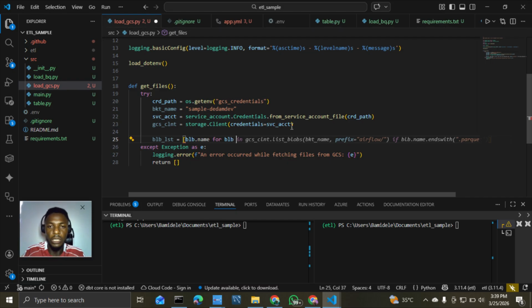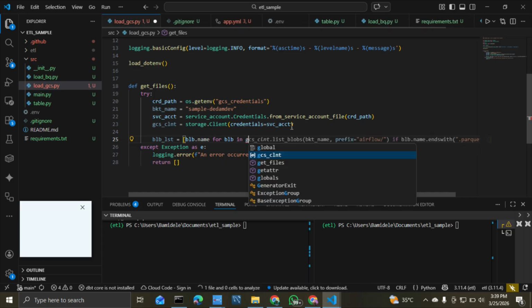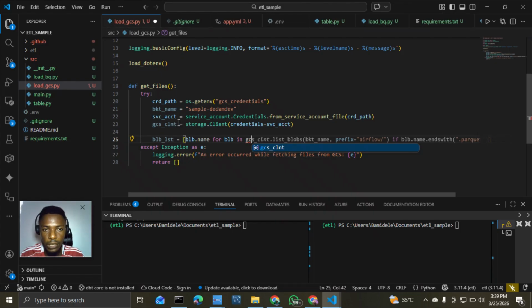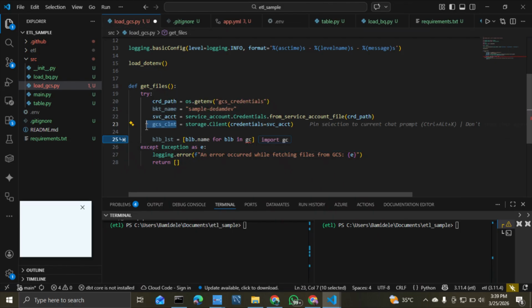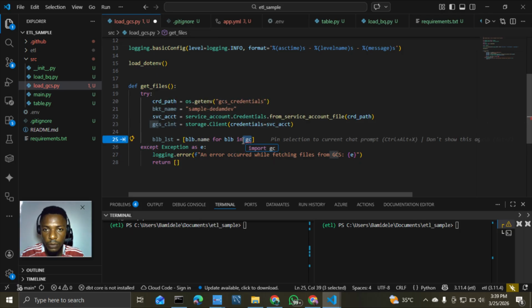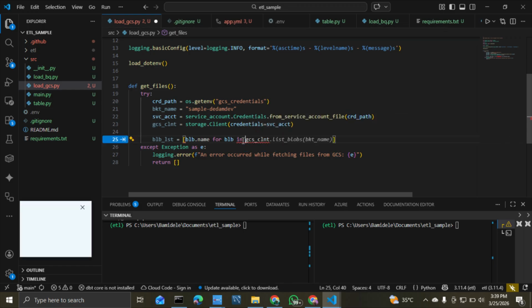Now what do we want to access? For blb in gcs, so this is our GCS, okay, GCS dot